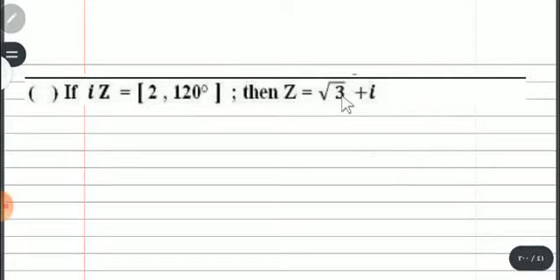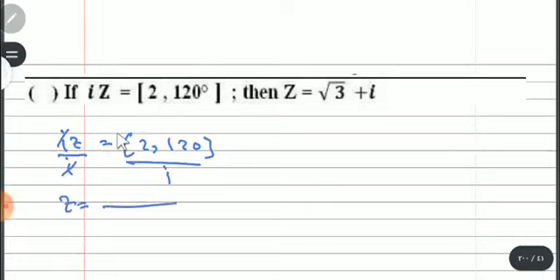So let us take the given, which is iz equals 2 and 120. He wants us to find just z, but in the given he gives us iz. I just want z here. I want to get rid of i. So easy, by dividing both sides by i. So I can cancel i with i. So z alone equals